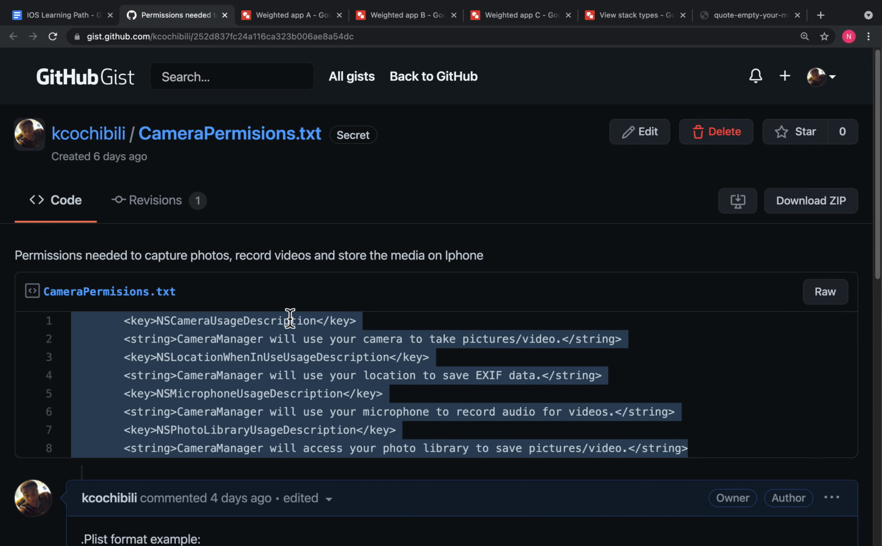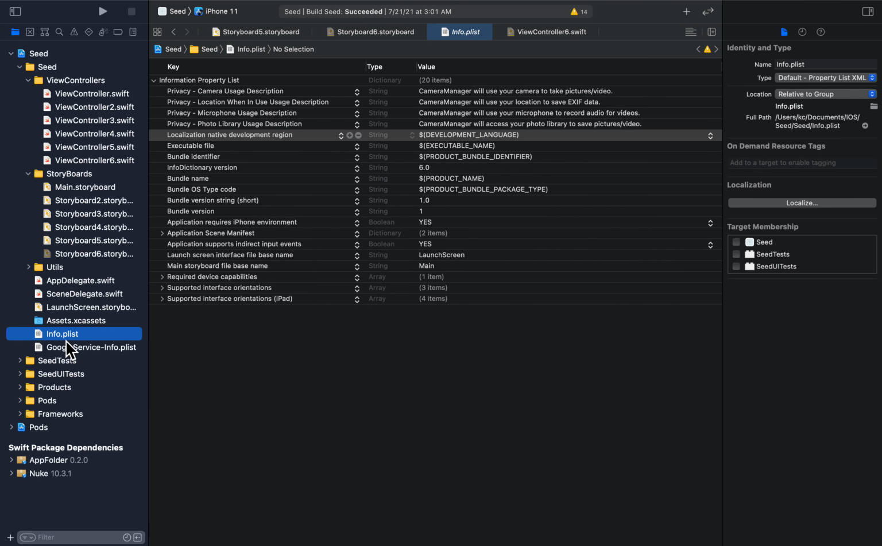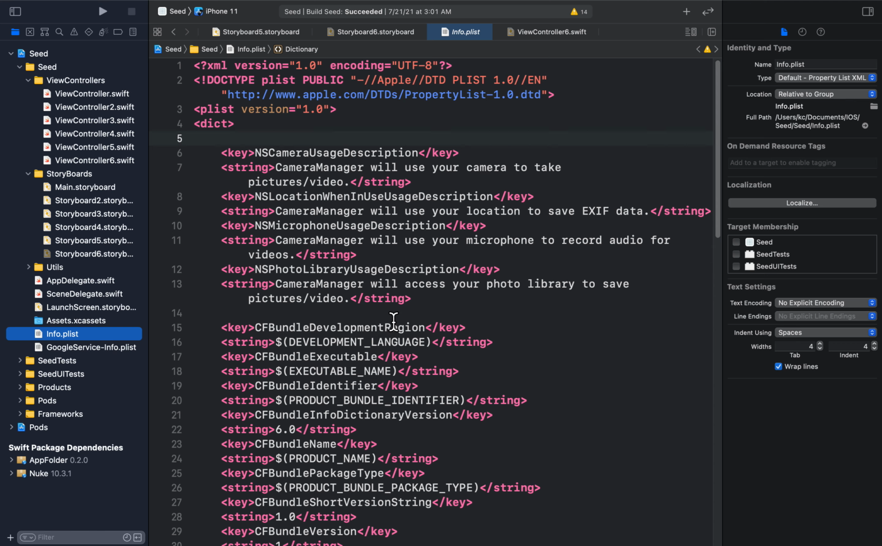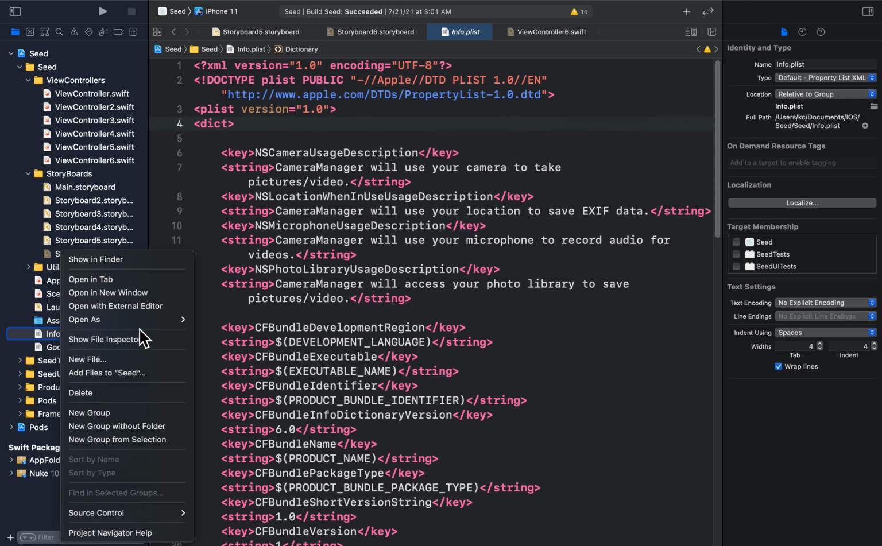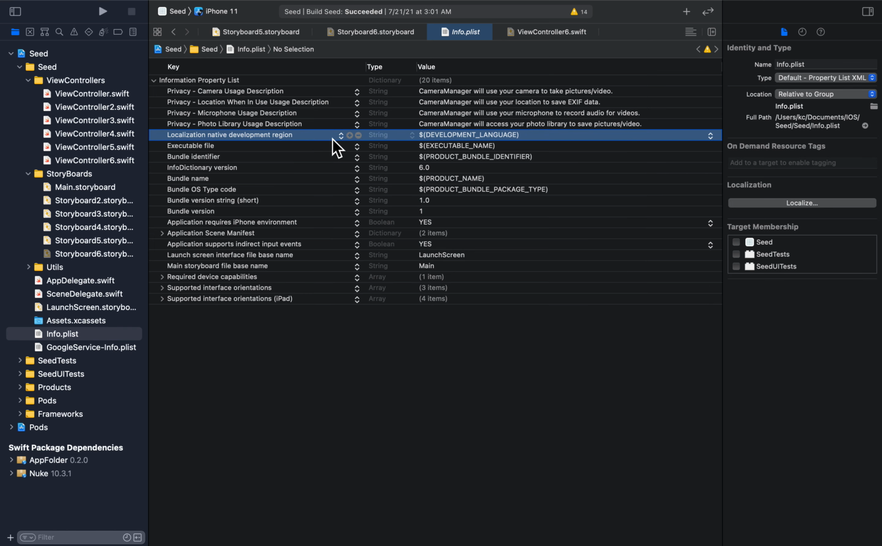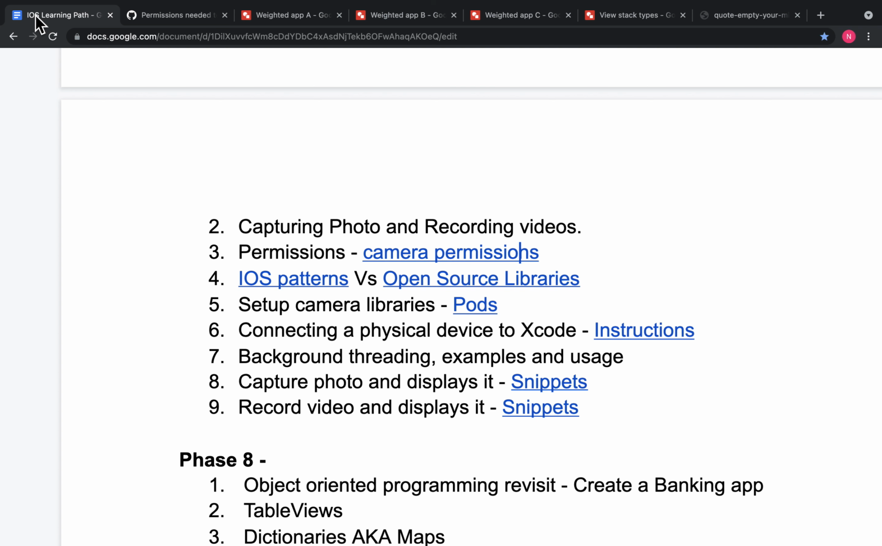So to do this, just copy this code, right click on info.plist, click open as source code, and then paste it in under dictionary. Okay, and then the next time you open it, you click open as property list and you should see everything. All right, okay, so that's permissions. The next thing we're going to deal with is